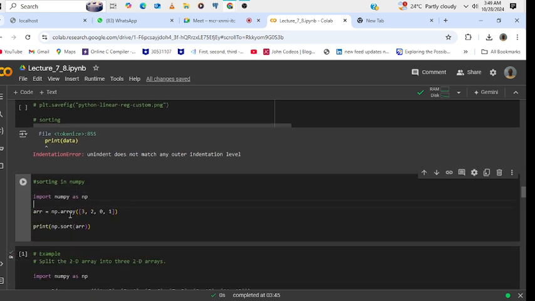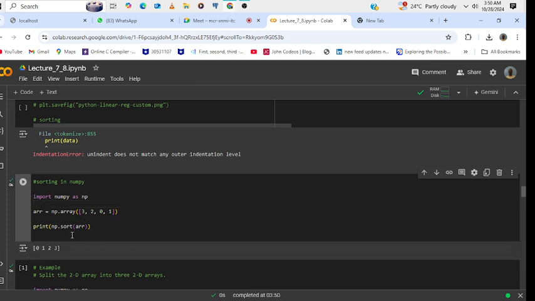I think we have already an example here whereby we import NumPy as np, and then we just create an array. In this case, we have an array with 4 elements, and we want to sort this array. So what do we do? From np, which is our NumPy, we just have to invoke that method called sort, and then we just pass in our array. If we were to run this, you notice that we are going to have a sorted array,